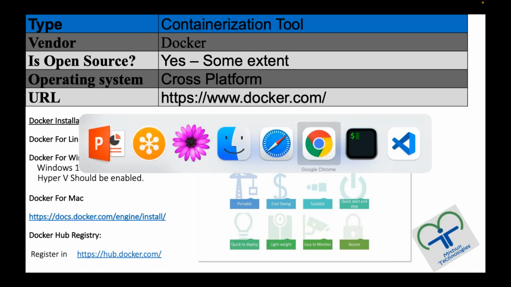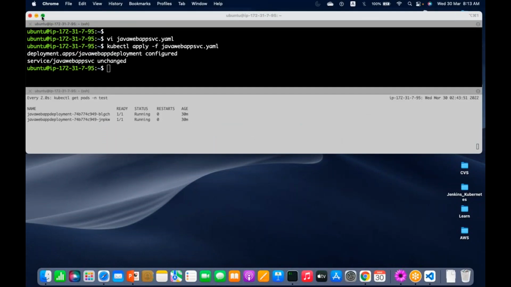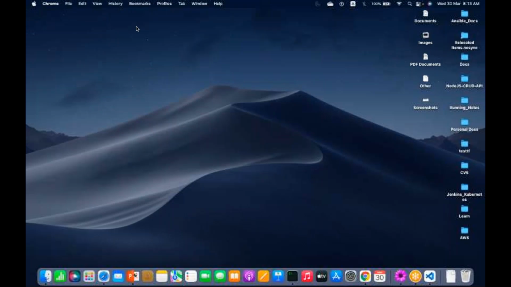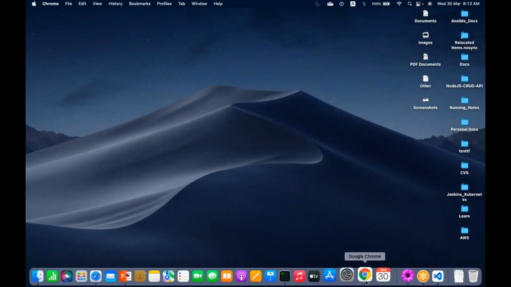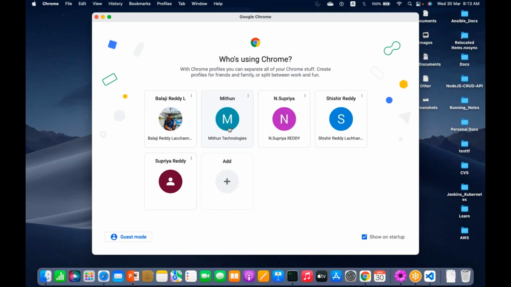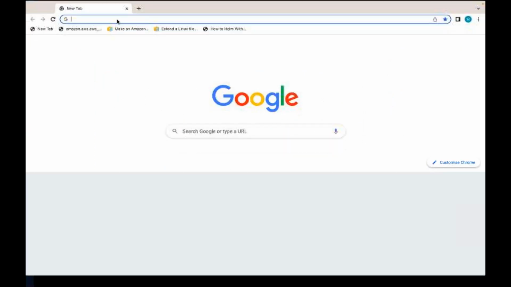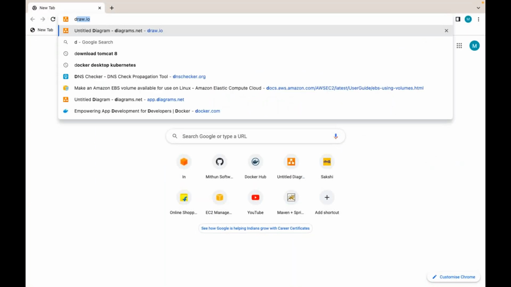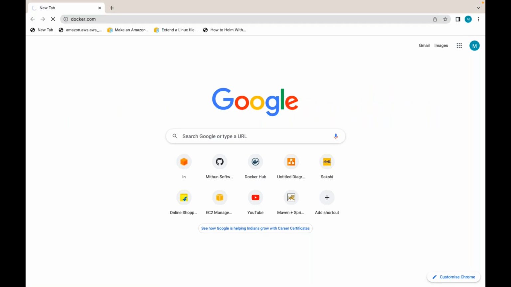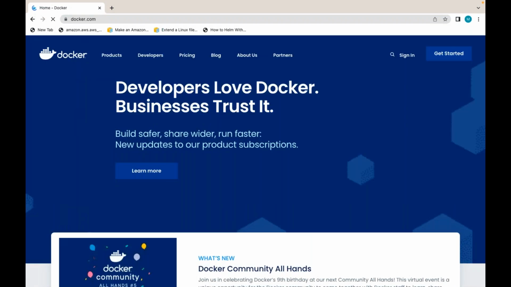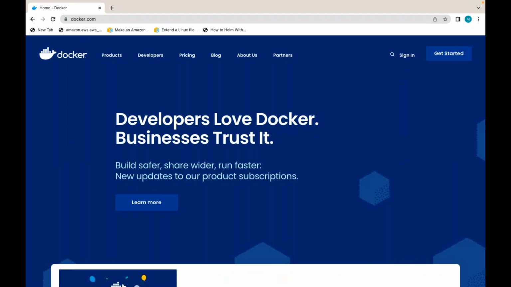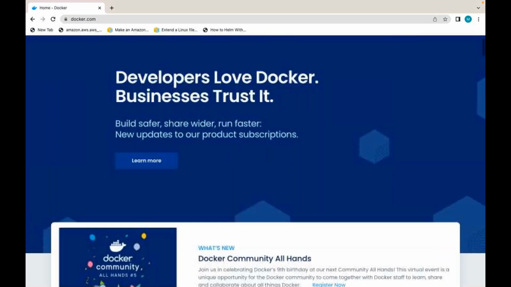So this is the official website of Docker, docker.com.